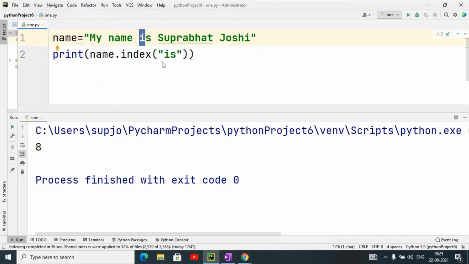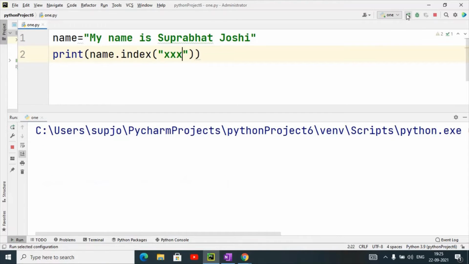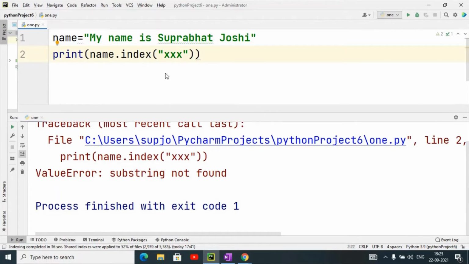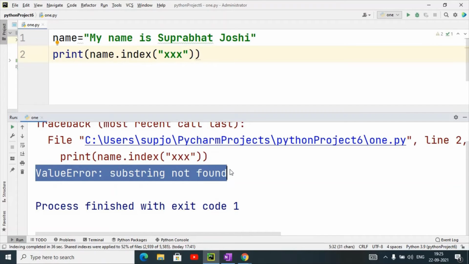The index number starts from 0, so if I have 0 1 2 3 4 5 6 7, then it is at position 8. This is the use of the index function. And if no match is found, suppose I have taken x, it will not find any matching substring at any index number, so it will generate a value error in the case of the index method.